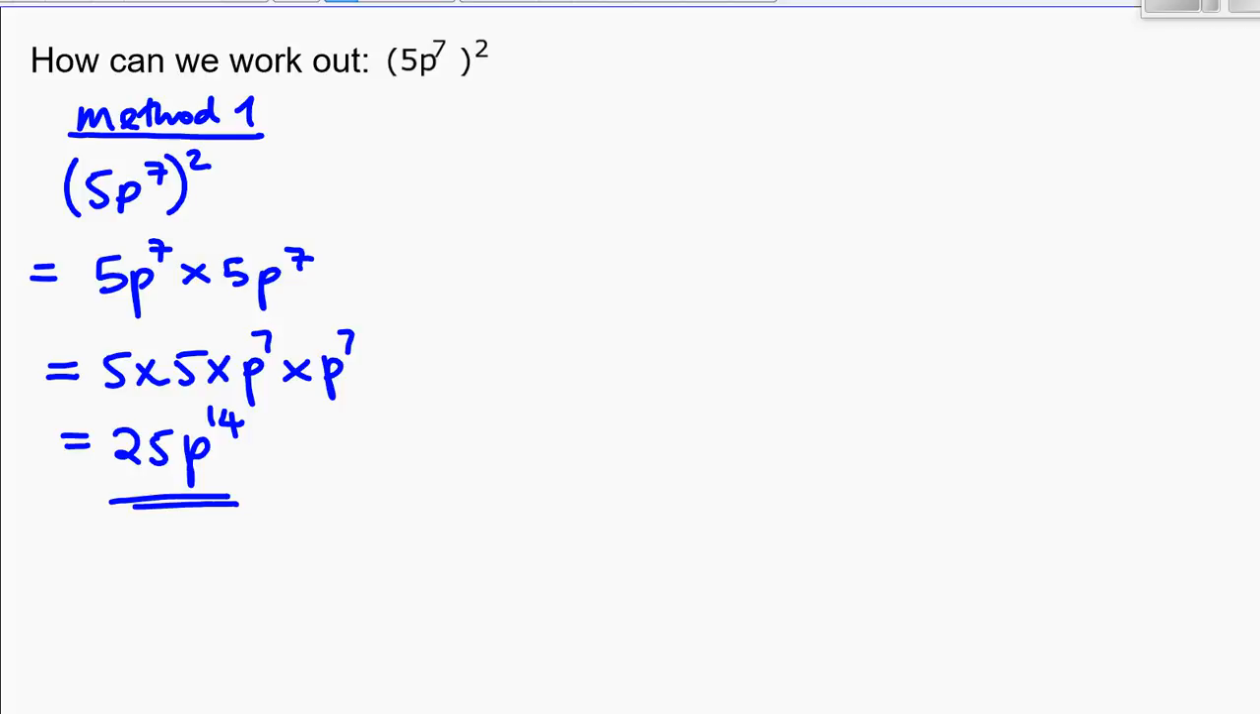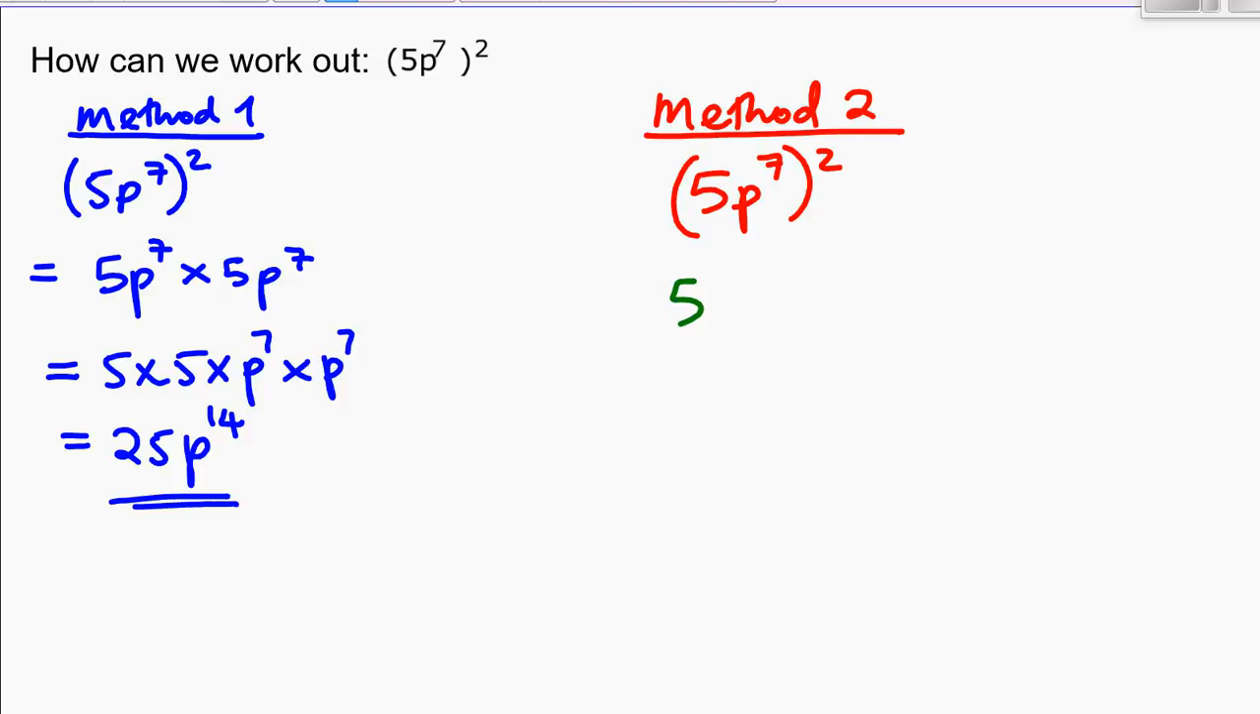Method 2, which is shorter, but you have to be confident in this method before you use it. 5p to the power 7. Let me write it properly. 5p to the power 7 squared. What this means is you're actually squaring everything in the bracket. So 5 squared, and then you have p to the power 7 squared,